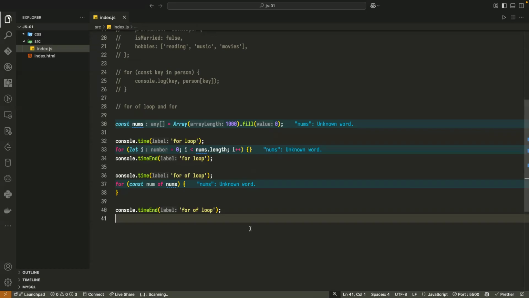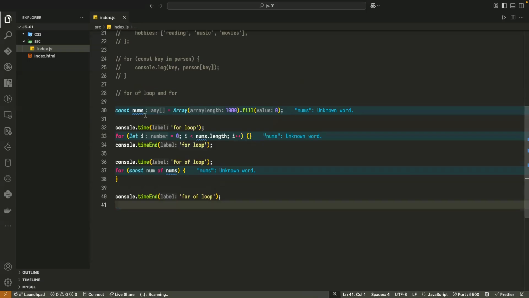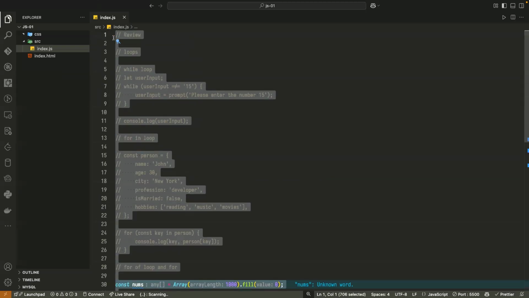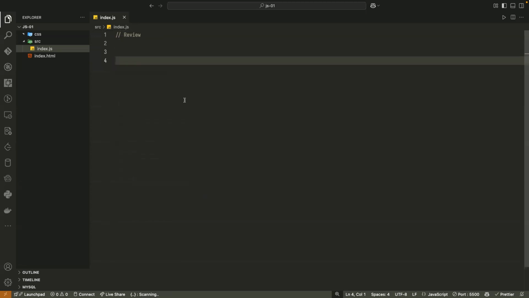In general, try to go with the for loop. You can go with the for of loop. It will be a little bit slower, but that's okay. As I told you, everything has advantages and disadvantages. That's the idea of variables, data types, if statements, switch statements, loops. Now, the other concept we need to discuss here is data type conversion,